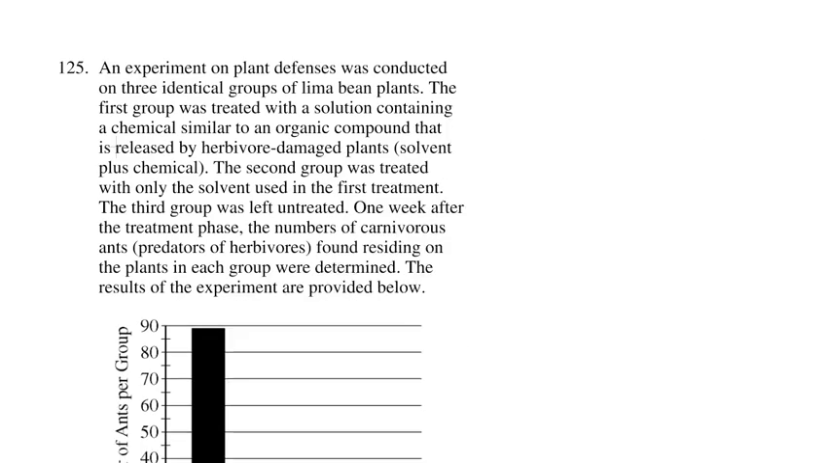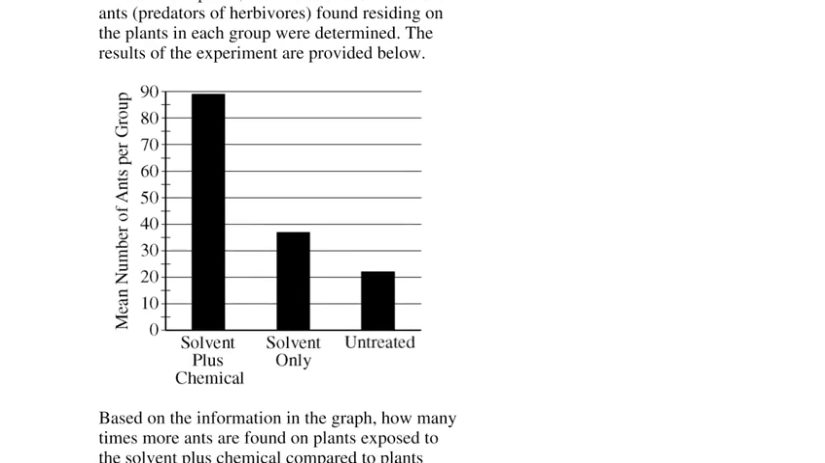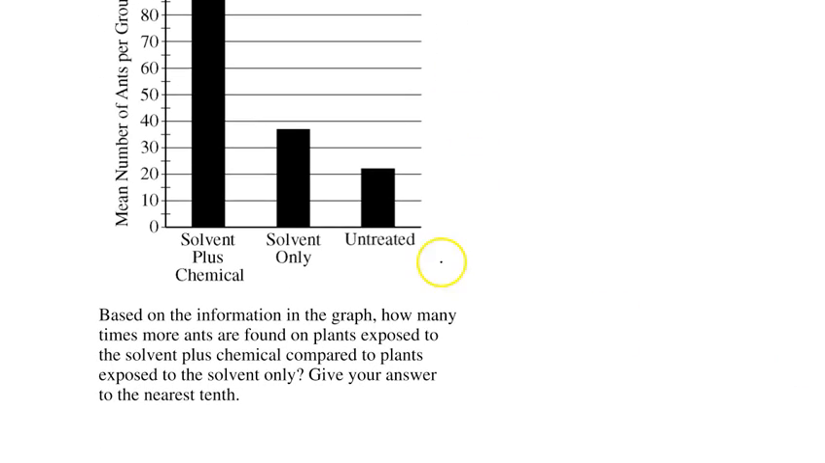Let's go on to the last question. Again, these aren't very difficult, maybe weird to you, but here's what they have here. They gave you a little setup, but I'm getting right to the math. Based on the information in the graph, how many more times are ants found on plants exposed to solvent plus chemical compared